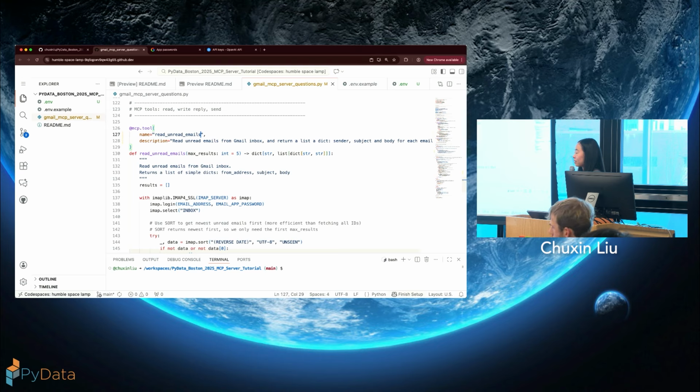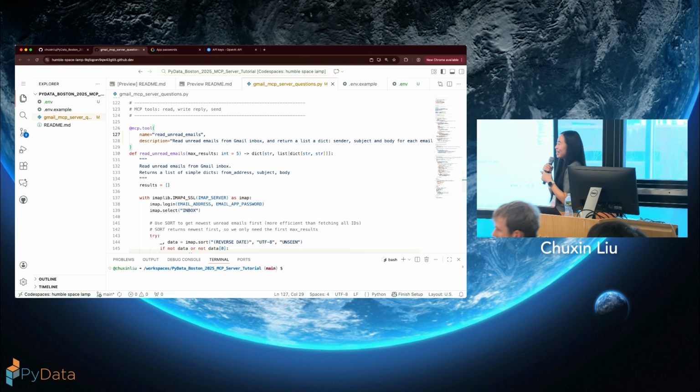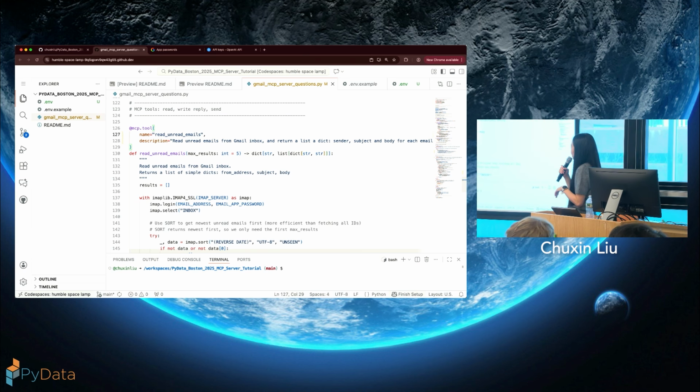Would it matter? I don't think it will matter. So it's not a key. Let's say if you have several servers, or you have one server that has many tools with the same name, maybe that won't work. You have to try. Okay.